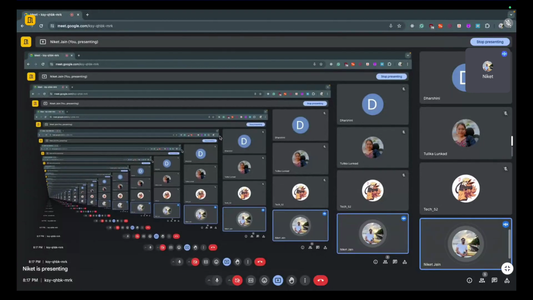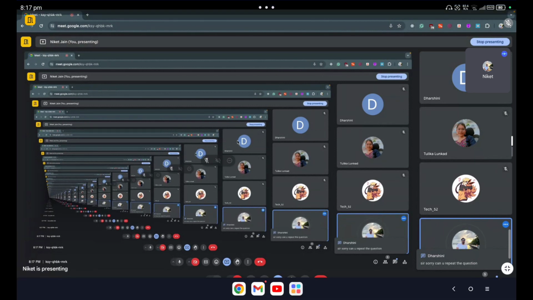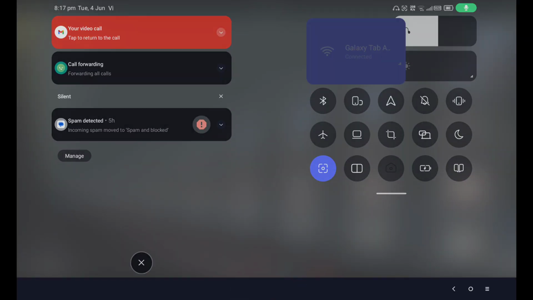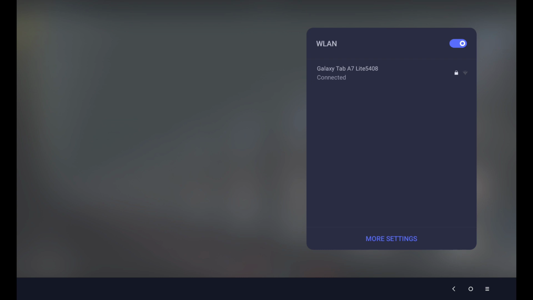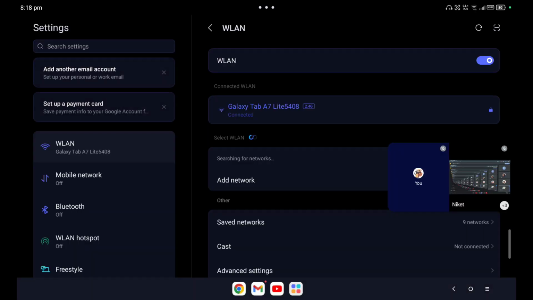I'm not sure if Darshini is able to hear me or not. Assuming no. Tulika, yeah, my question was Darshini, have you tried building the text recognizer application by yourself? Tulika,